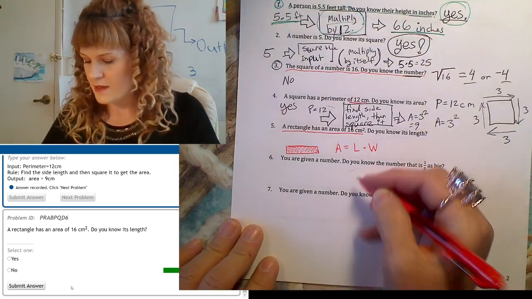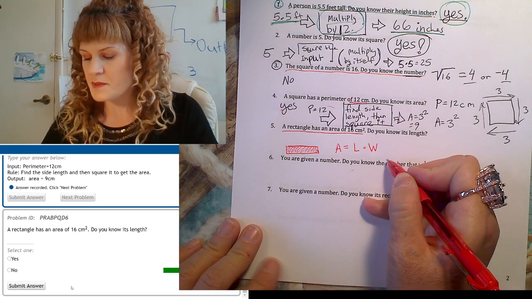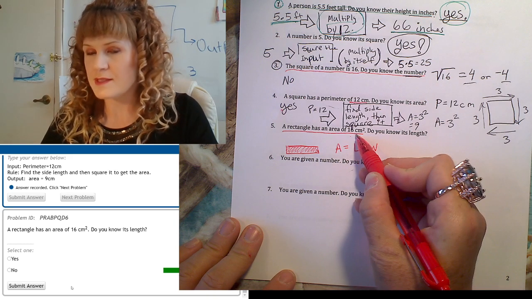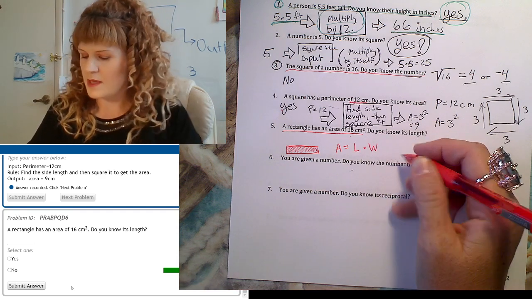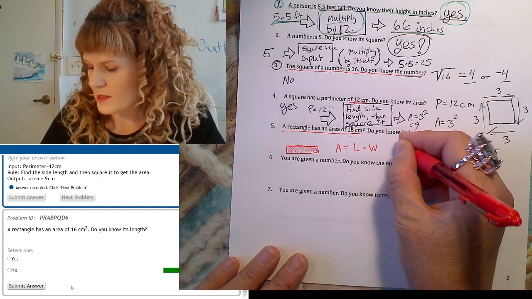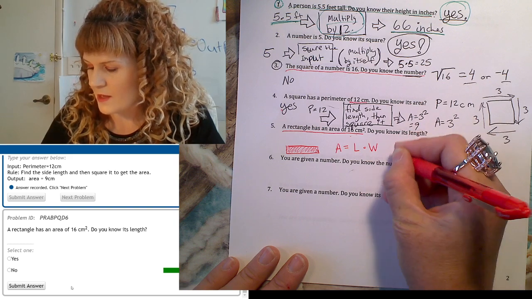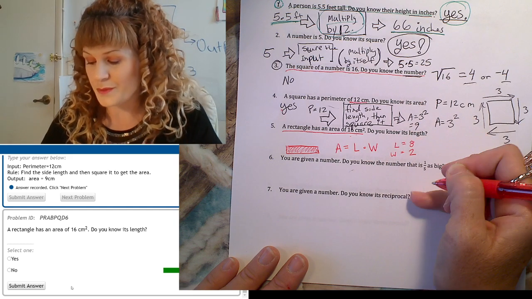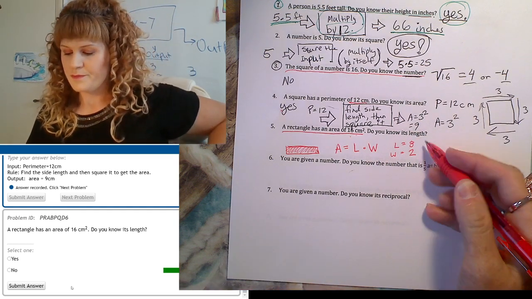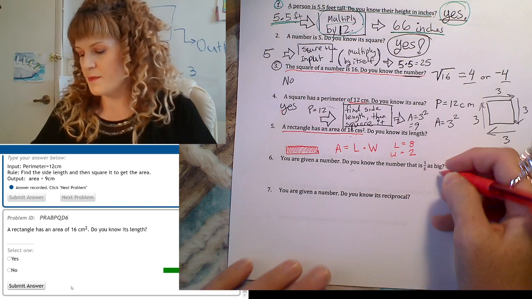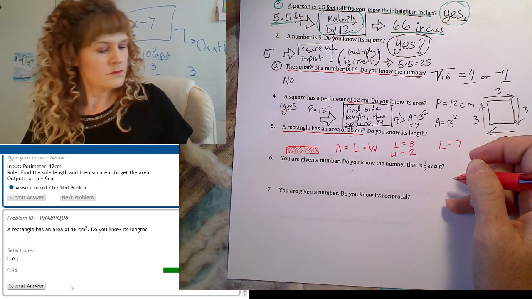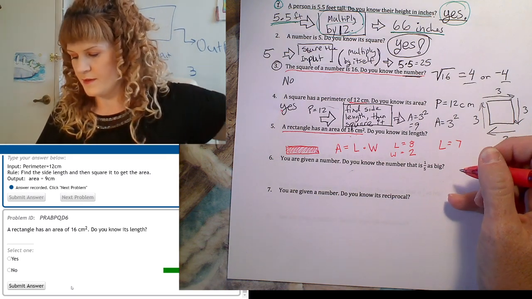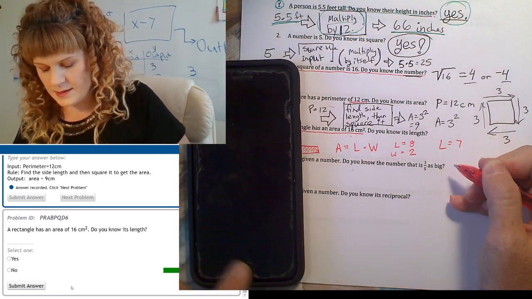Not exactly, because it's length times width. If the area is 16 centimeters, then it could be a length equals 8 and width equals 2. But it could also be length equals 7. And then I've got to use a calculator to figure out what the width would be. If the length is 7,